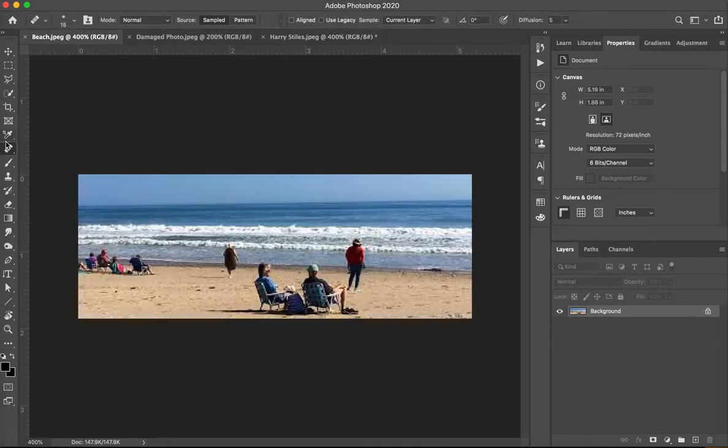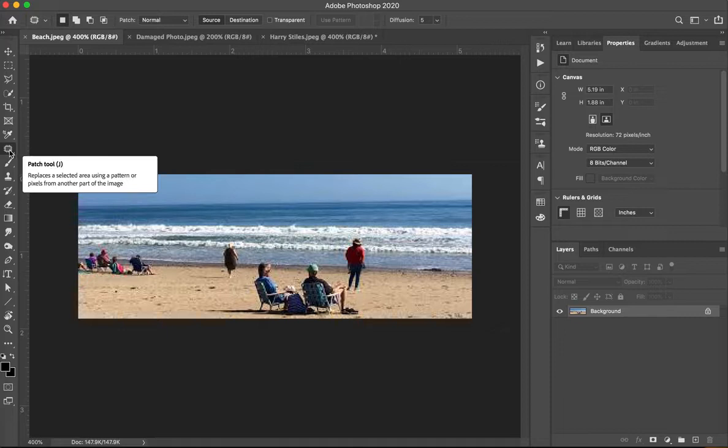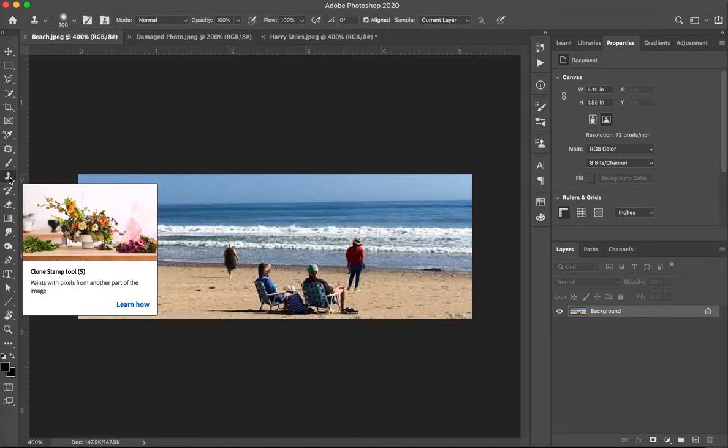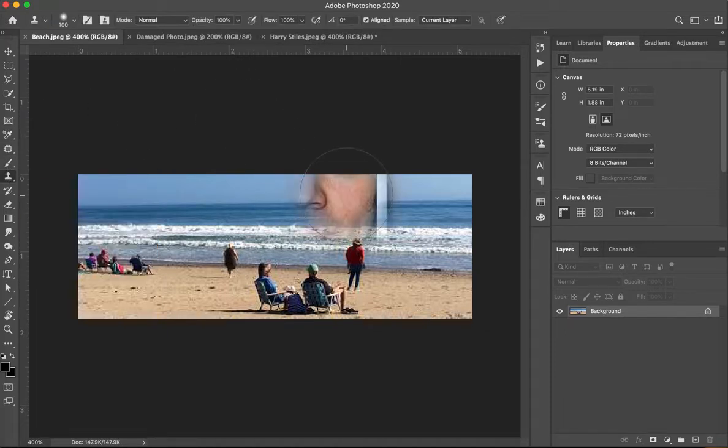Okay, for the next tool, we are going to switch into both the patch tool and the clone stamp. I'm going to start with the clone stamp because it's just like the healing tool where I have to define a source point. And you're going to see with the clone stamp, if I've defined a source point, it keeps that in there. So I'm going to hold down the option key again, and I'm going to define a